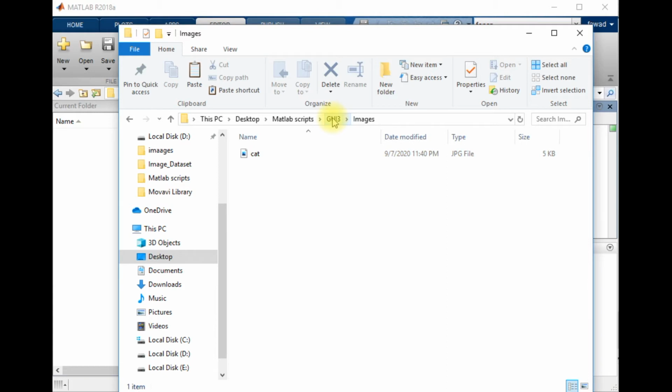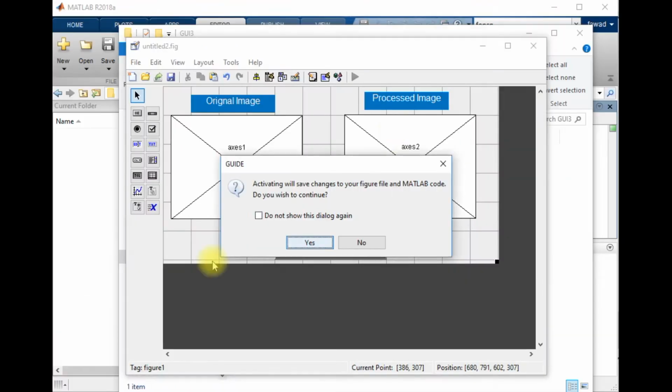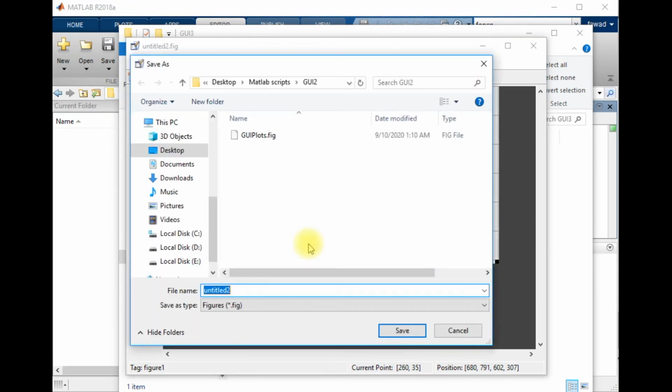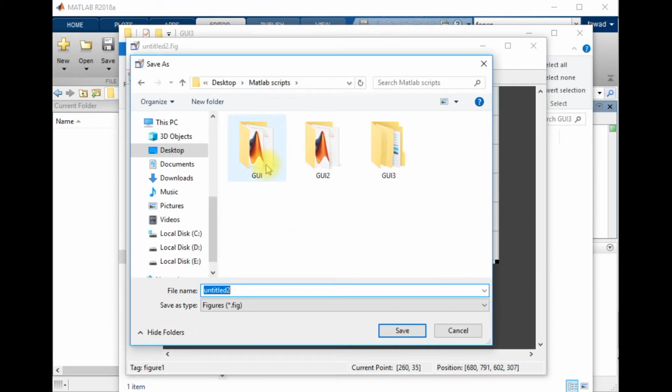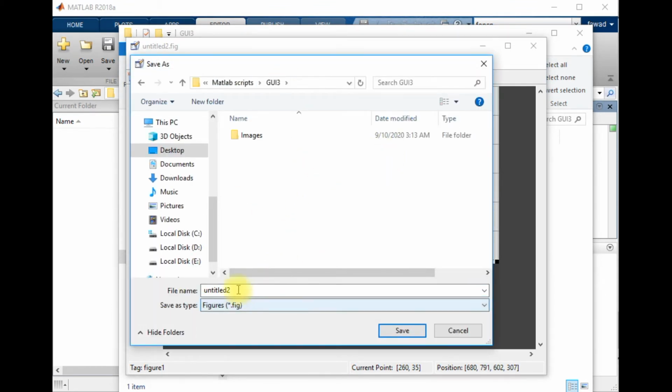So the image of the cat, which is a JPEG image, I have stored it in the images folder. Now I will save this file in the GUI 3 folder, and the name of this is